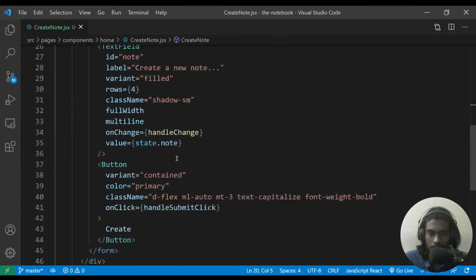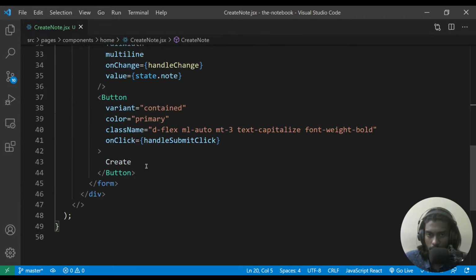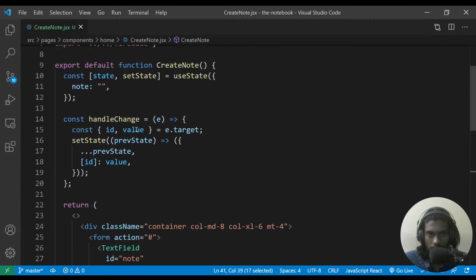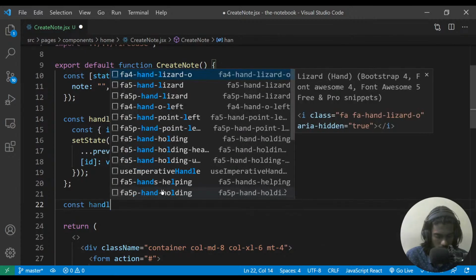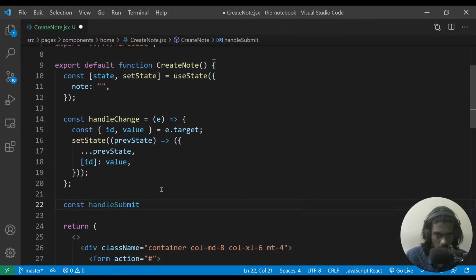So here's what you're gonna do. Go to the bottom, and at the bottom you have the button, right? And you have handleSubmitClick over here. So we have to create this function now. We're gonna create a function above the return statement. Let's just call this const handleSubmitClick. Again we're going to register an event, and we're going to do an arrow function,